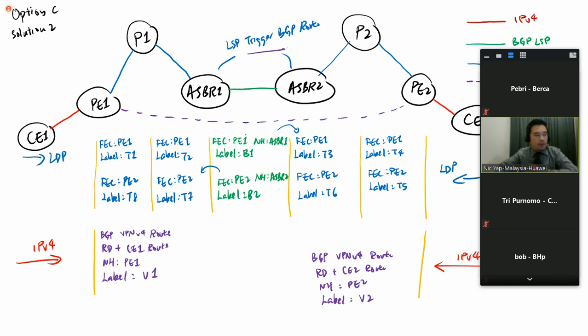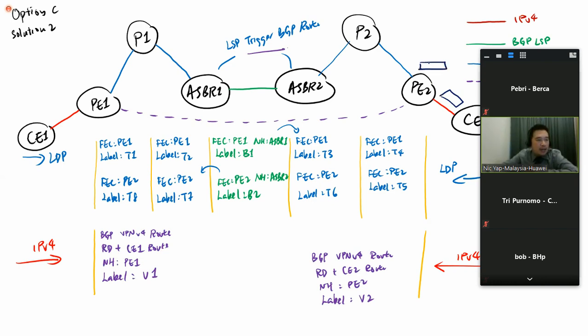Okay, from PE1 they go back to the FEC PE1 and have a label of T3. So in this case, I will have push, swap, swap, swap, pop, and so on. So it means that when the traffic comes across, okay, when CE2 wants to go to CE1,